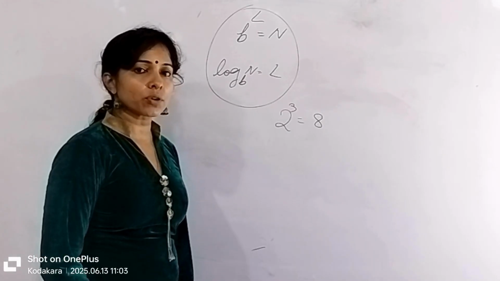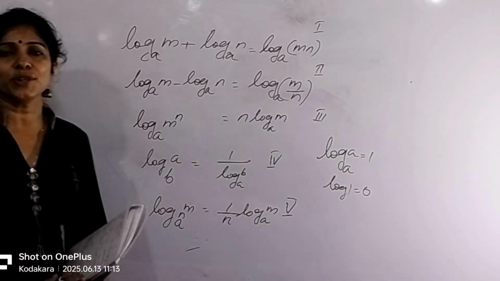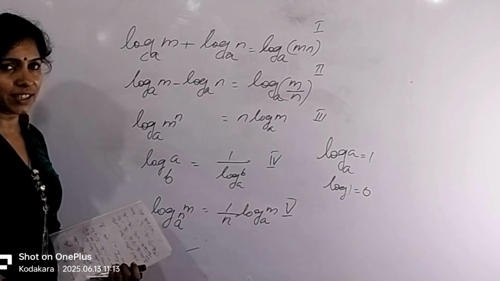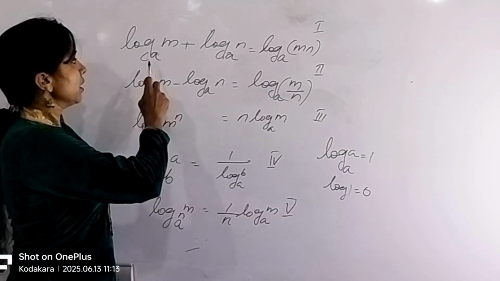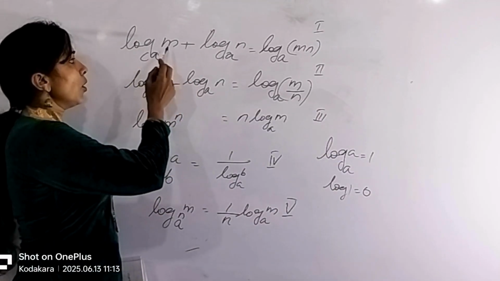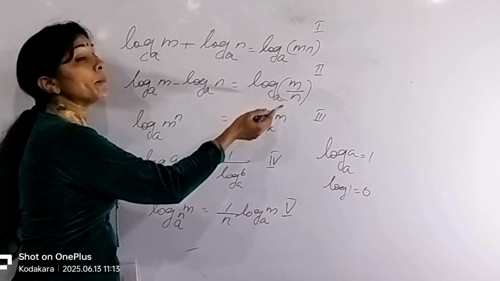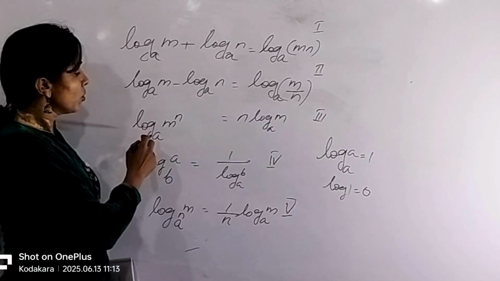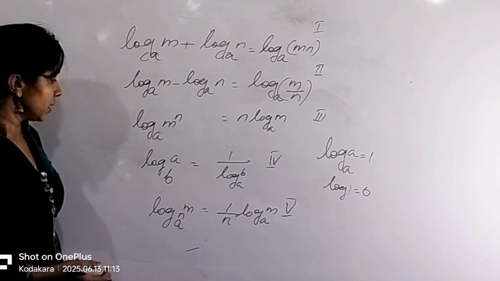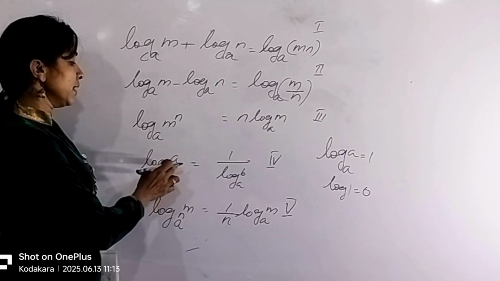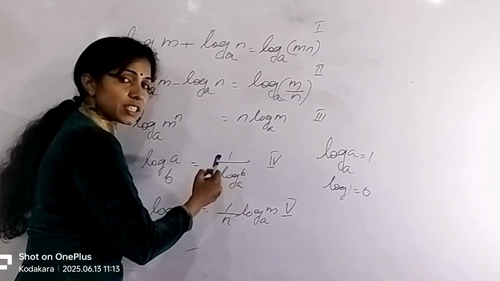The logarithmic function has many rules. If we go through those rules, we can easily do the problems. Let's check the first rule, the logarithmic rule of addition. Here the base should be the same. Log m plus log n is equal to log mn. The log m minus log n is equal to log m over n. Here the base is a. Log base a of m raised to n is equal to n log m. Then log base b of a is equal to 1 by log base a of b, where the base is reversed.